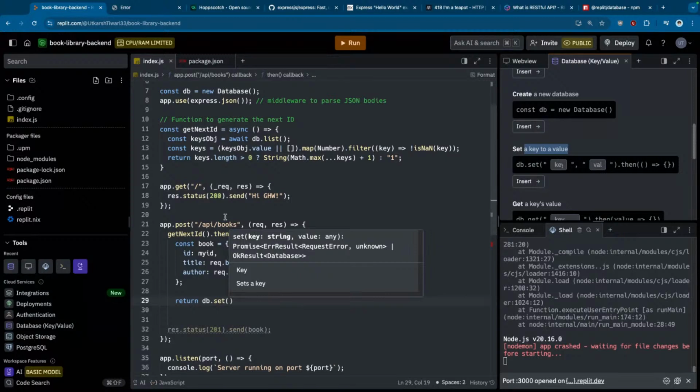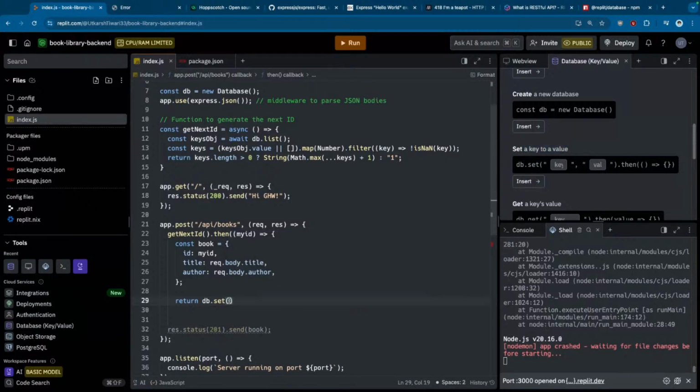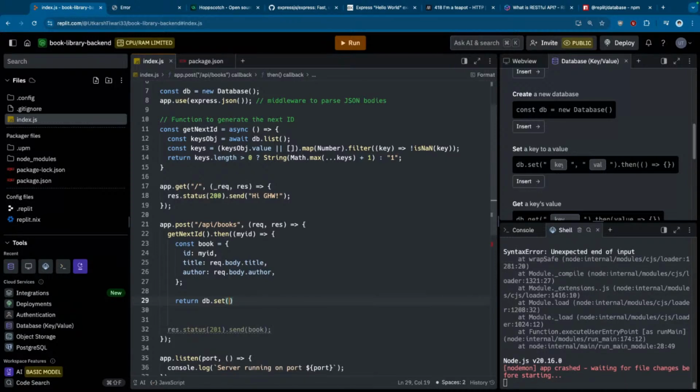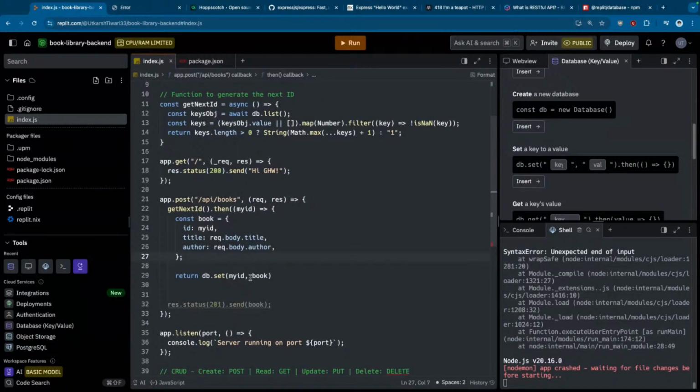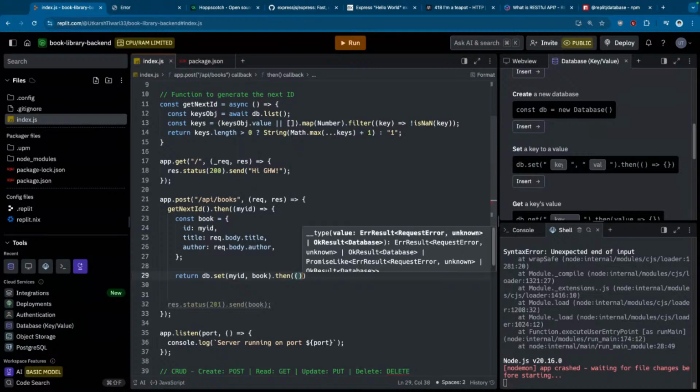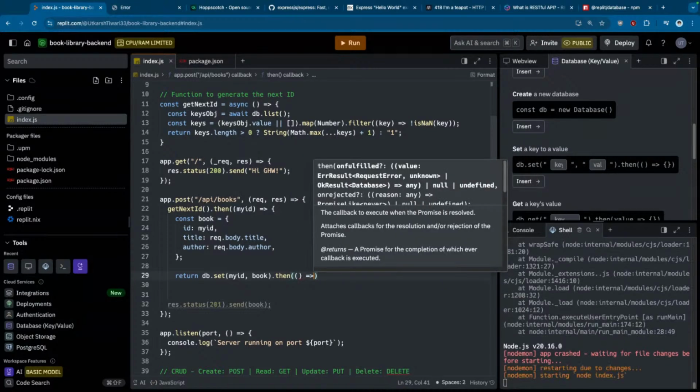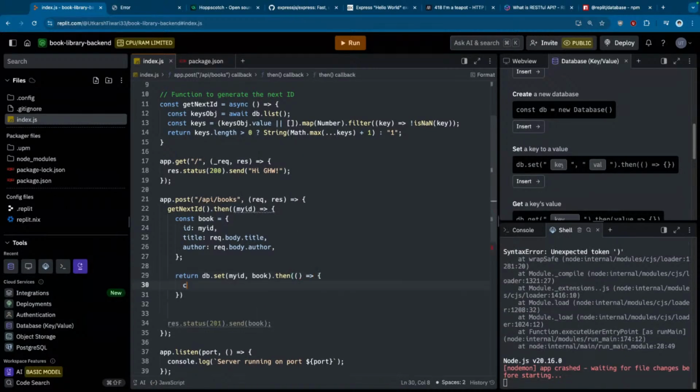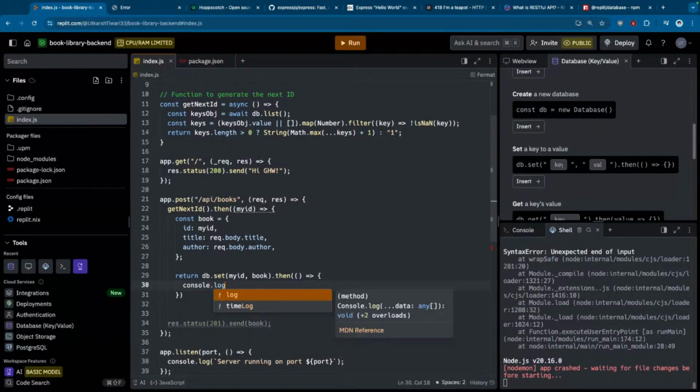So db.set, and one would be the ID, or you can say the my ID here, my ID comma book, dot then. Again, I'm doing a dot then. Once that is done, then let's do a console dot log of